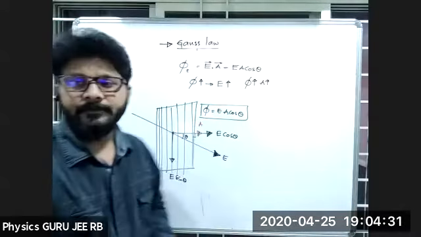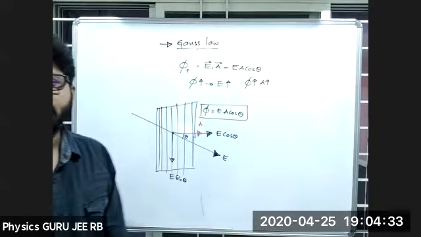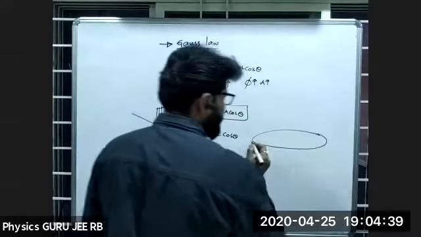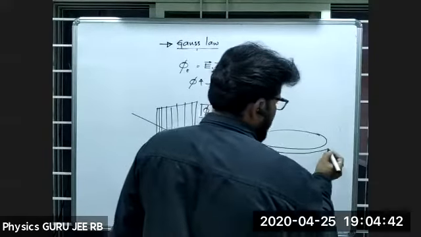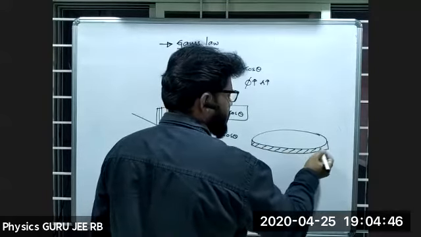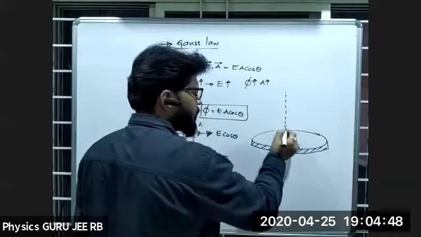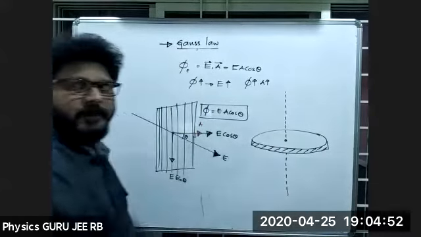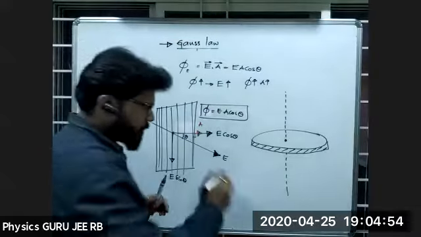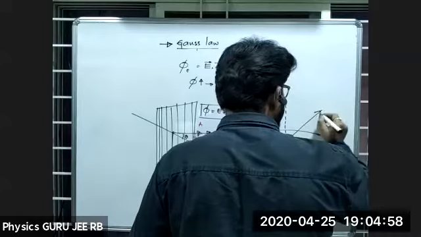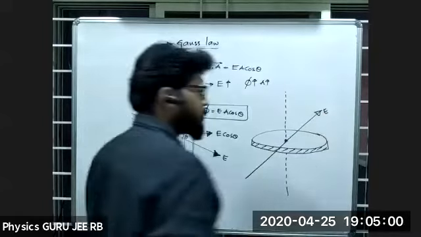Done. Based on this, we can see some more problems. Now one more example I'll give. Let me take one disk. This is a disk, right? Some electric lines are entering here. Let me draw one reference, it's nothing but points. Now I draw one electric line of force like this, and this is the direction of the electric line of force.